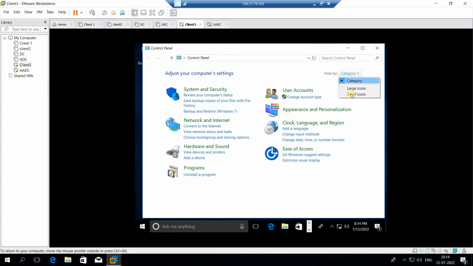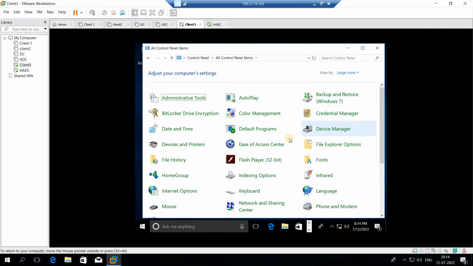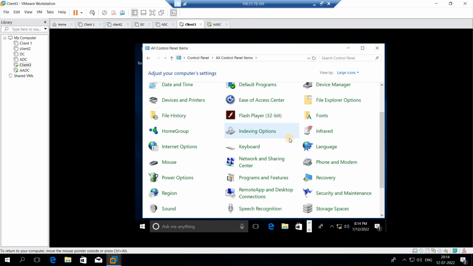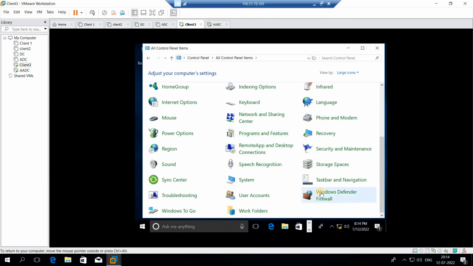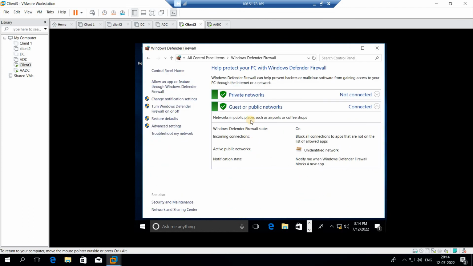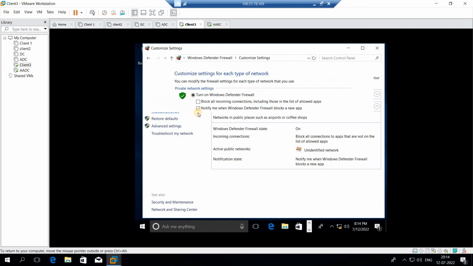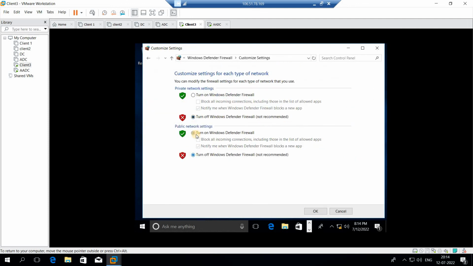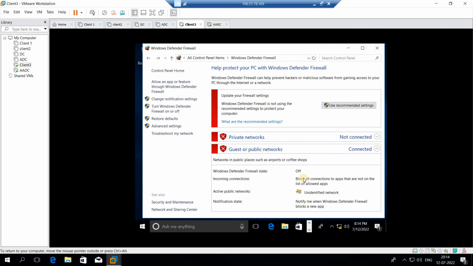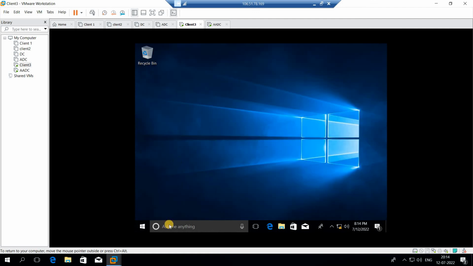we will select any large icon or small icon that we want, and we will search firewall system. We will search for Windows Defender Firewall. Over here we can see this is the interface that we get. We will click on turn Windows Defender Firewall on or off. We will select these two buttons in both private and public network settings, and we will click on OK. Now this is how we deactivate the firewall in our client system. We will click close. Now in order to assign IP,